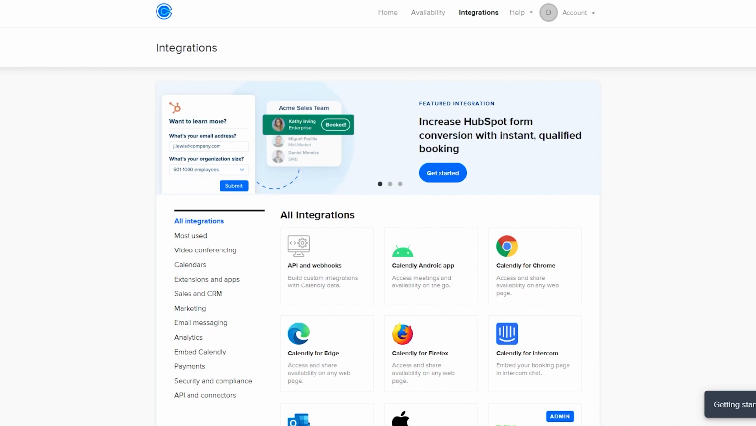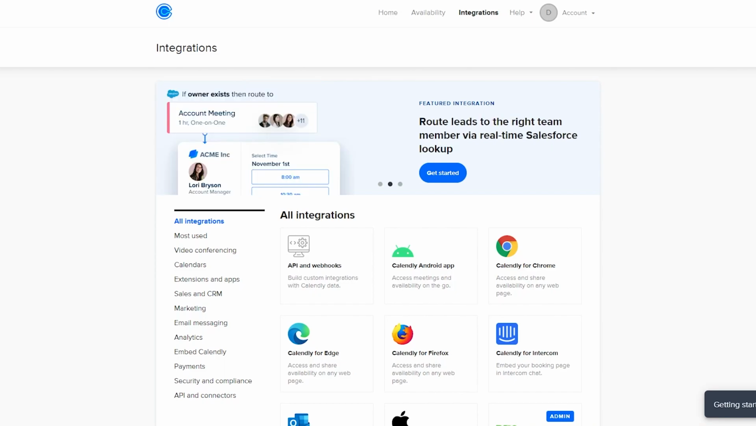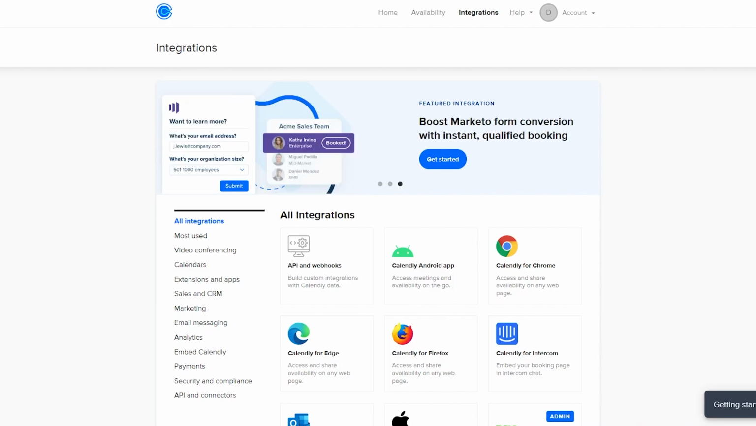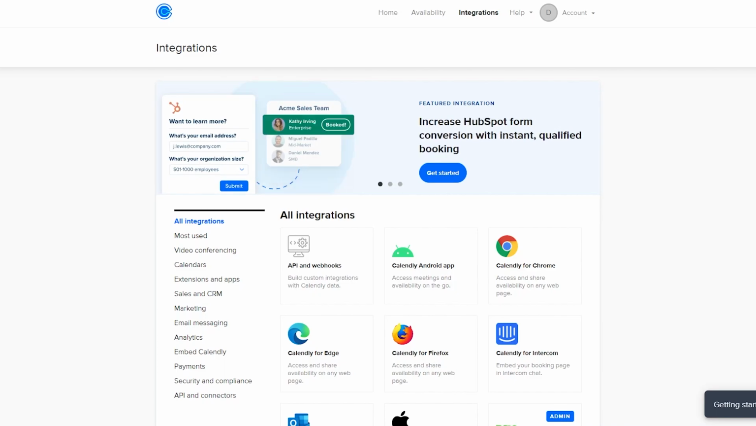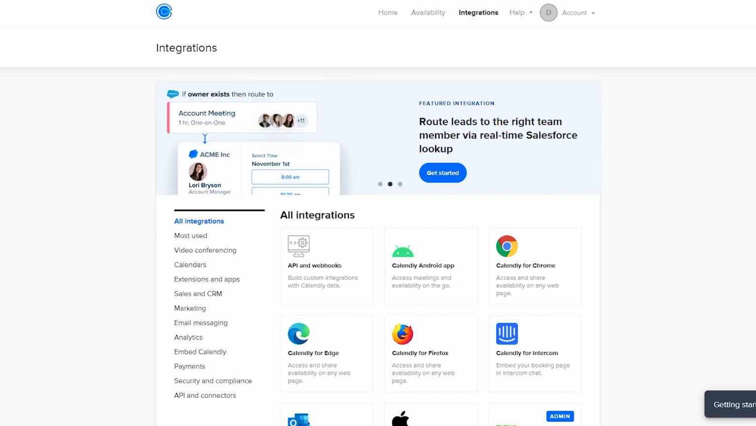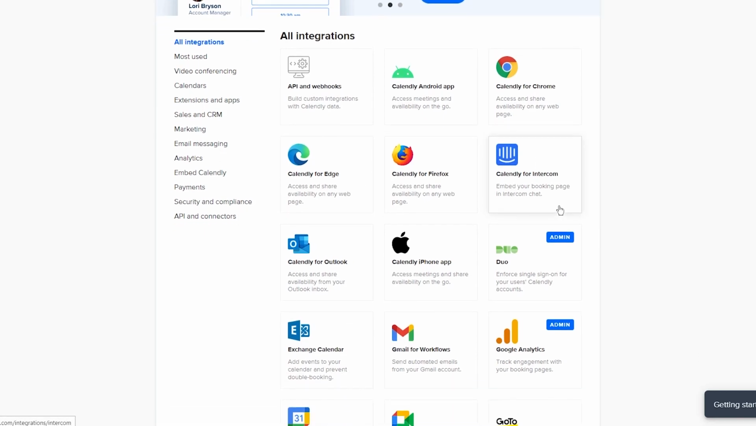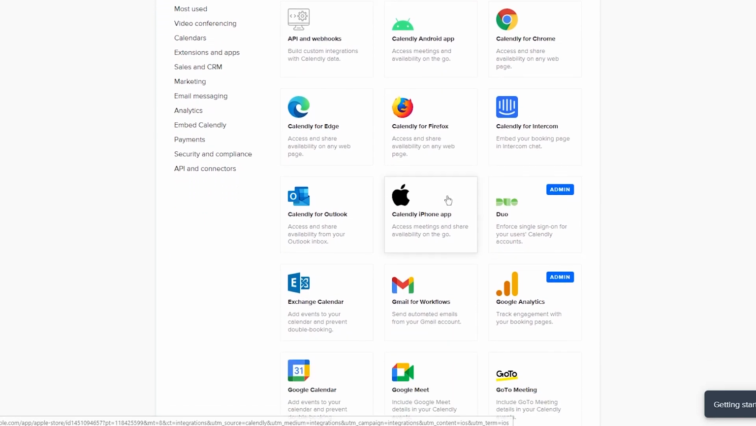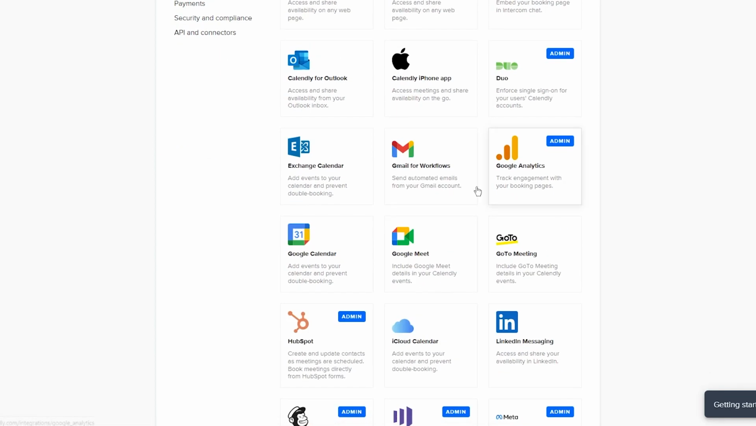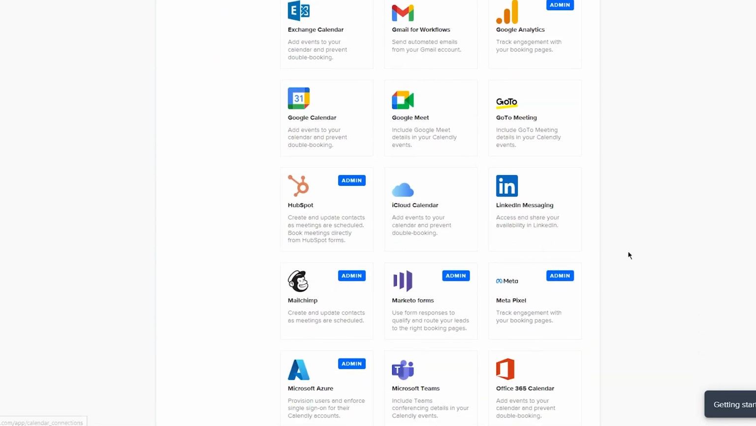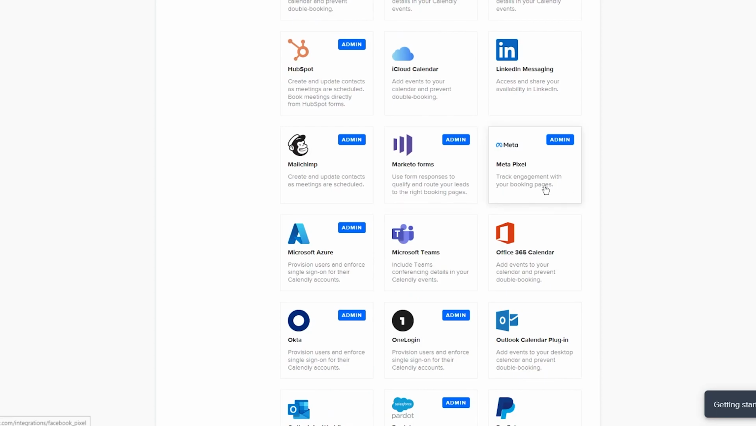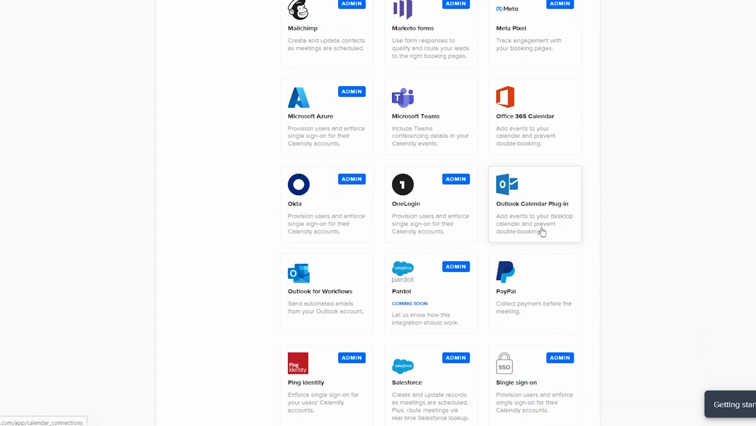In Calendly's case, first of all, we're obviously going to integrate with our Google Calendar, because it needs to pick up the data of our actual life cycle from our Google Calendar. Once you integrate it with your Google Calendar, you have many more things to integrate it with. Like Calendly for Chrome, Calendly for Edge, Calendly for Outlook, Gmail for Windows, Google Meet, LinkedIn messaging, MailChimp, Metapixel, Teams, Azure, and